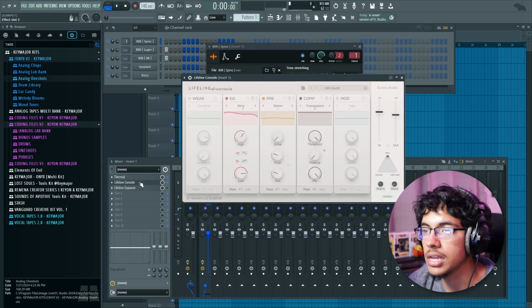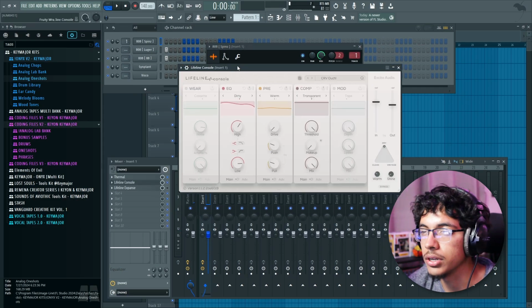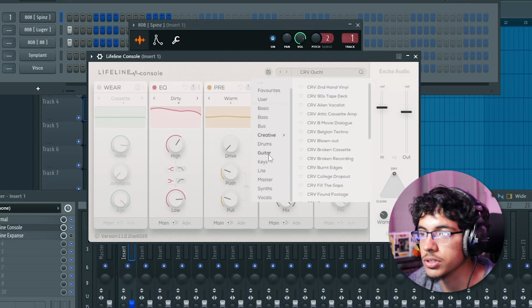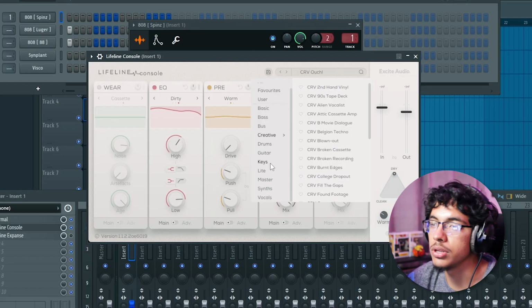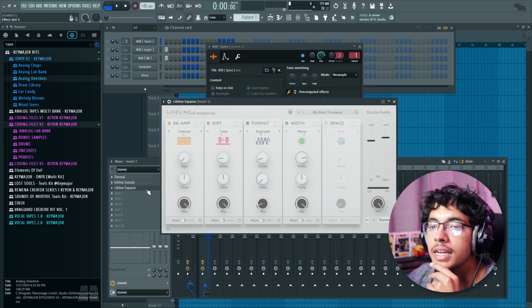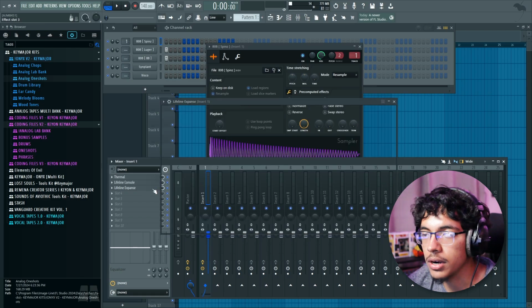You can see it just changes the sound so much, adds a really dirty, crunchy distortion to it, and it's just so fire. It has a bunch of presets: drums, guitar, keys. It's not only for drums, you can use it for melodies and sample making in general, but I prefer using it for drums. And like I said, there's also a Lifeline Expanse, and here I got a preset pulled up